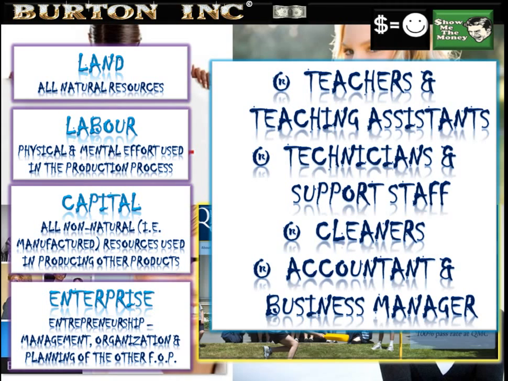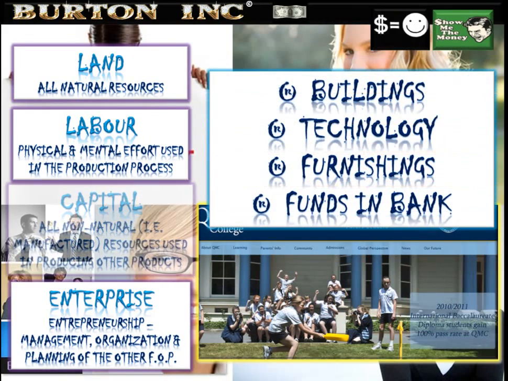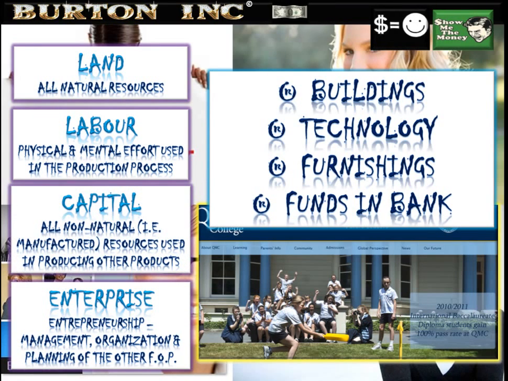And the accountants and the business managers, the ones that look after the school, the day-to-day running, the finance, the ones that make sure that I get paid on time. Capital, a lot of capital will go into schools, large capital expenditure, large capital assets. Now remember, these are defined as being all non-natural resources used in producing other products. So we're looking at buildings, we're looking at the technology employed in the school, furnishing, money that the school's got in the bank,